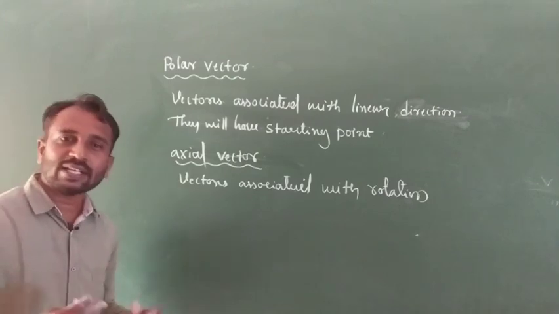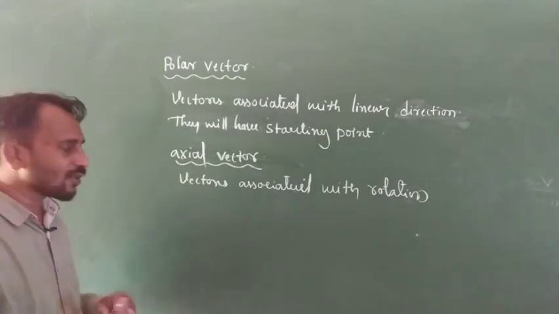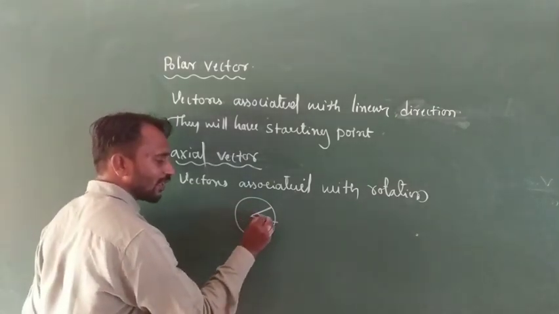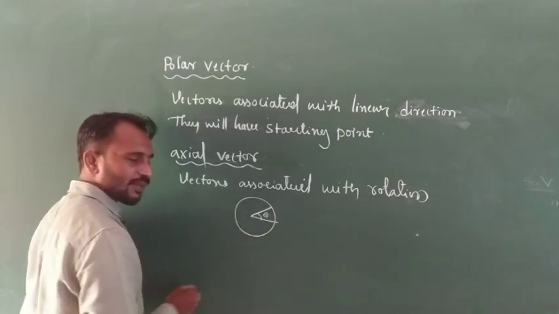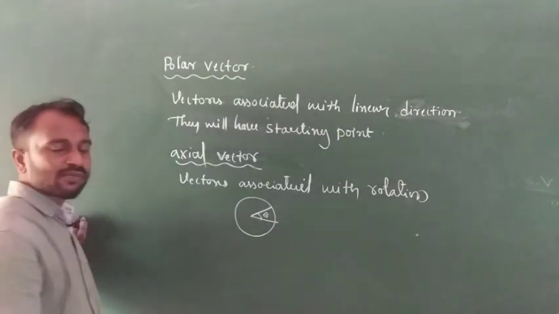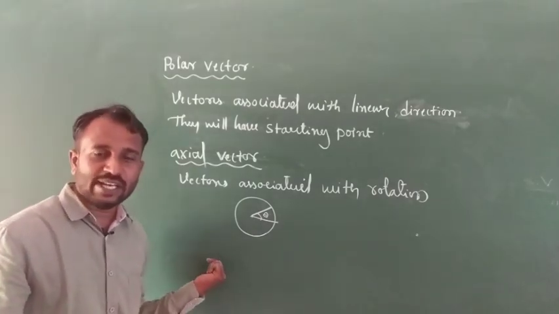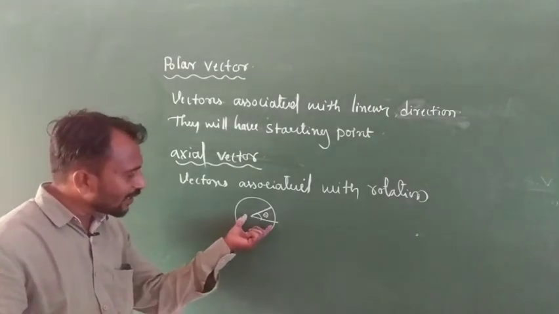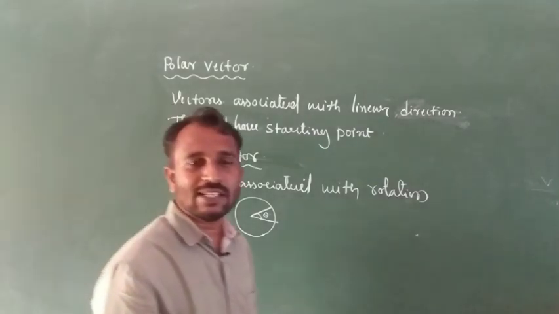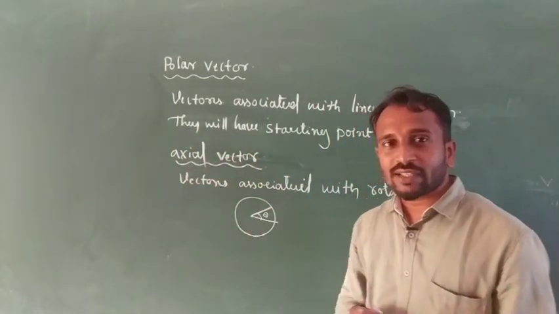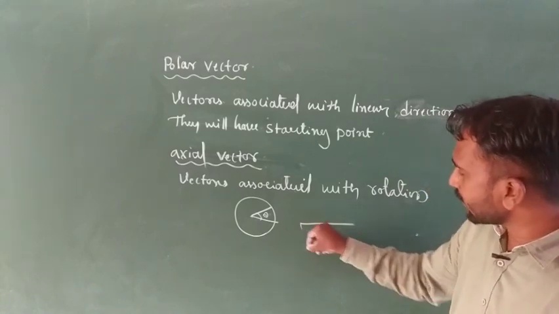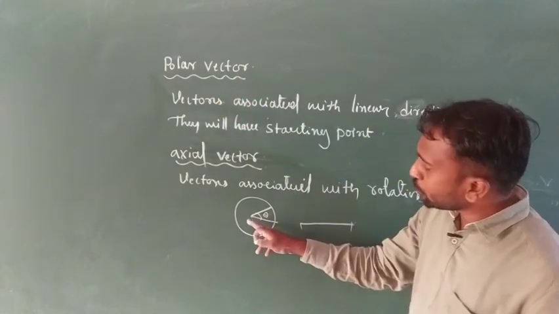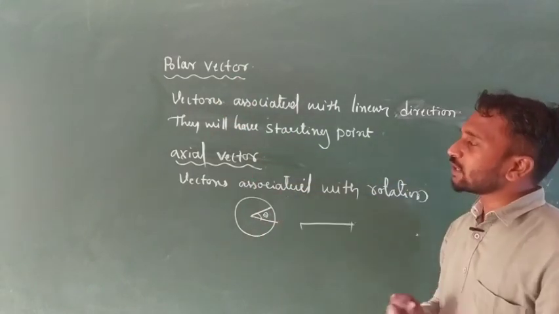For example, we consider angular velocity and angular acceleration. Suppose an object is in circular motion, and we want to calculate angular velocity, or otherwise angular displacement. Displacement is a vector quantity that shows both magnitude and direction. But in circular motion, when we want to calculate angular displacement, we consider an axial vector. Suppose an object is displaced or changes its position along a straight line, here we consider polar vectors. Suppose in a rotational motion, here we consider axial vectors.